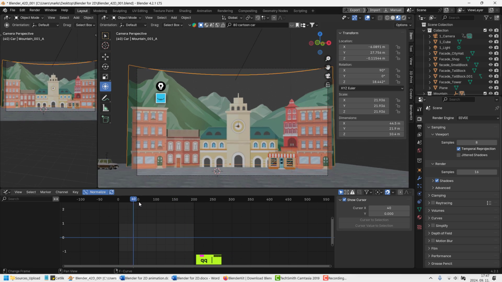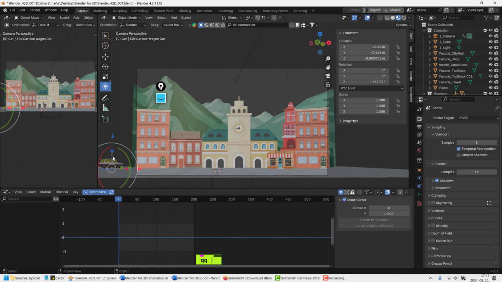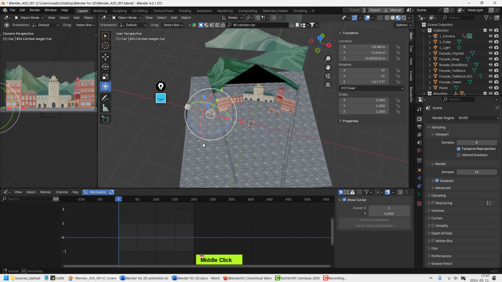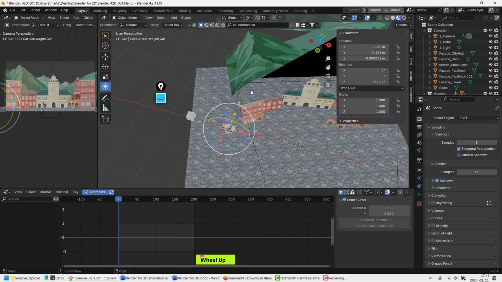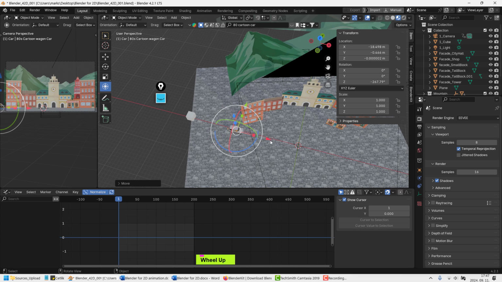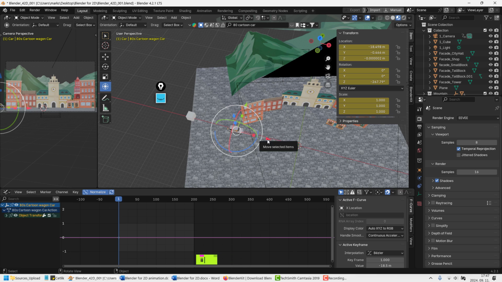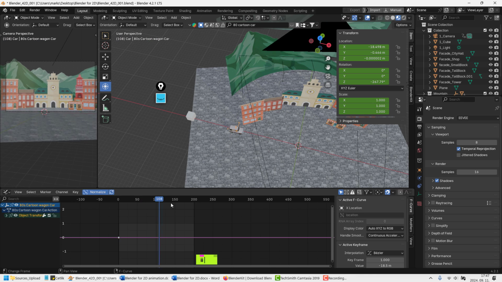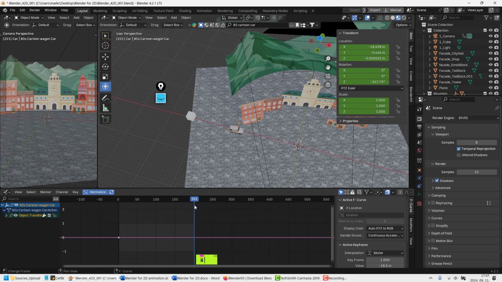So at the moment, it's not visible there. So I'm going to go to the first keyframe, which was actually the number 1. That's the keyframe. It's not 0. And just move it out. And because we have this camera view, this cone, we can clearly see that the car is not appearing yet. So now I'm adding keys. And the cursor is here. And moving to 200. And the car is going along, maybe rotating slightly,